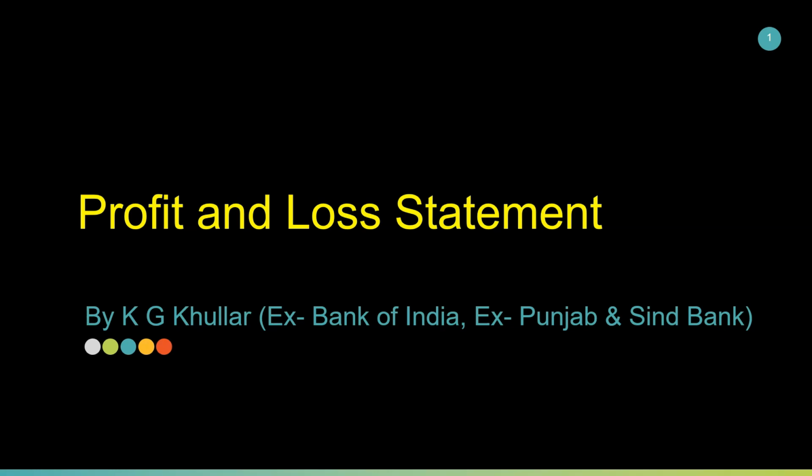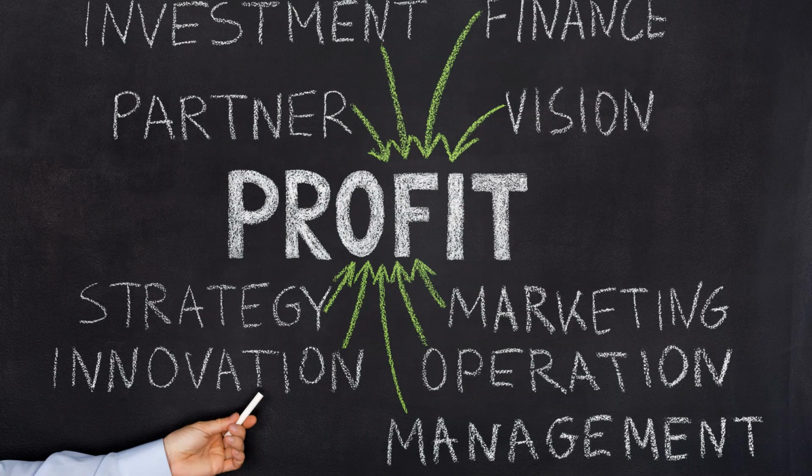Friends, as you know, in previous lecture you learned about balance sheets. Well, it's good that you know about the assets and liabilities of a firm, but as a banker, when you sanction a loan to any firm or company, the one thing that you will look upon is profitability only. You will check whether the firm is really profitable or not. If not, then obviously you will be hesitant in sanctioning the loan or limit to the established firm. On the other hand, for new firms also, you will in detail analyze the incomes and expenses of that firm.